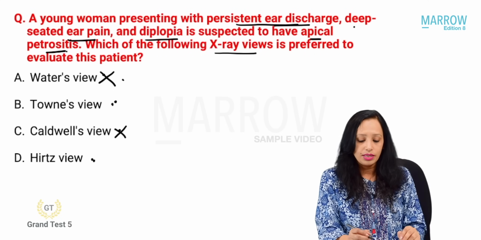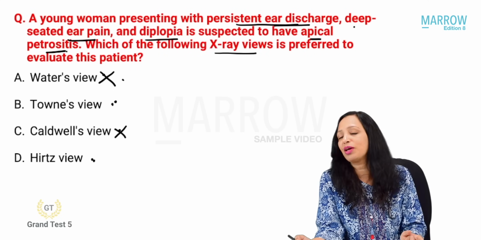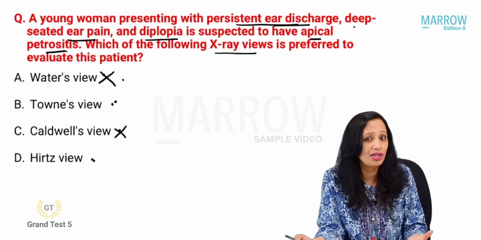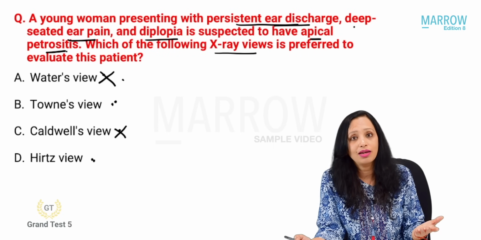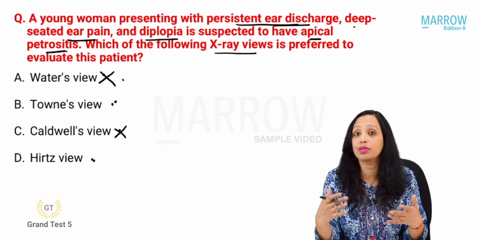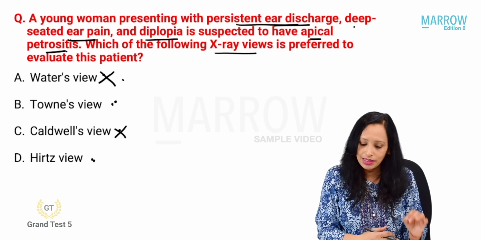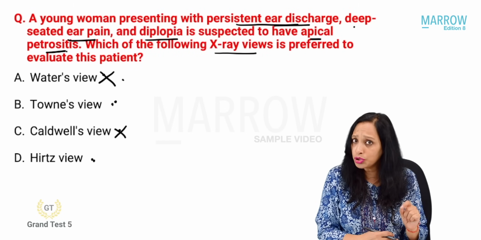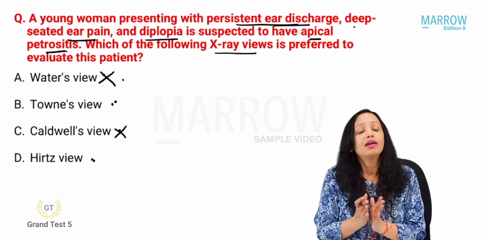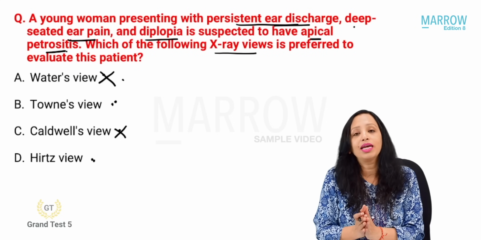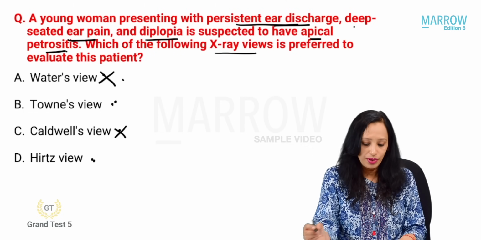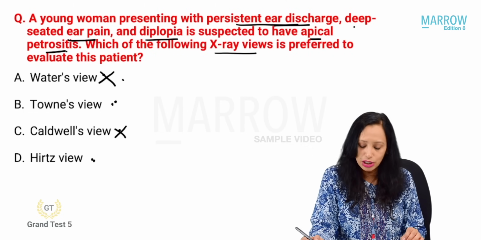Yes, so this is a little offset question. Why? Because nowadays we do not do these X-rays for either the nose or the ear. Yes, we do CT scan. There is a tremendous difference between the clarity and what you can appreciate with a CT and with an X-ray. But still, if this has been asked, you should know. Yes, this has been probably given in your exam. Why? Because some time back in FMG exam, this was a question. So we need to know what is Hertz view, what is Townes view.